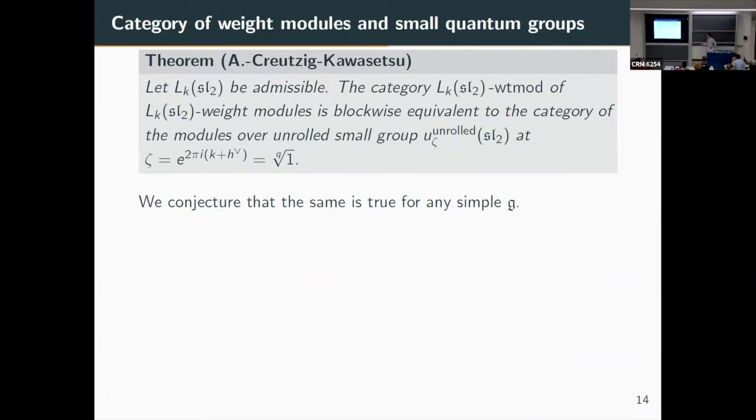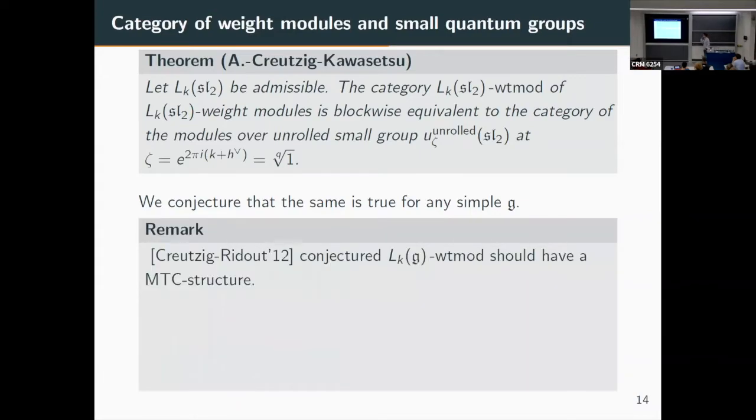And so this work was motivated by two things. One thing was the work of Creutzig and Ridout, who conjectured that this category of weight modules should have a modular tensor category structure. So this is a shadow of such statements, because the category of unrolled quantum group modules has a modular tensor category structure. And another motivation is again the 4D-2D duality. And according to the work of these people,